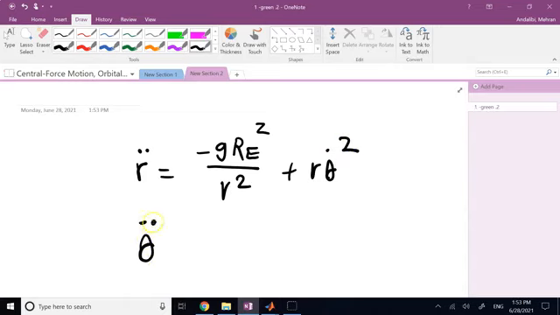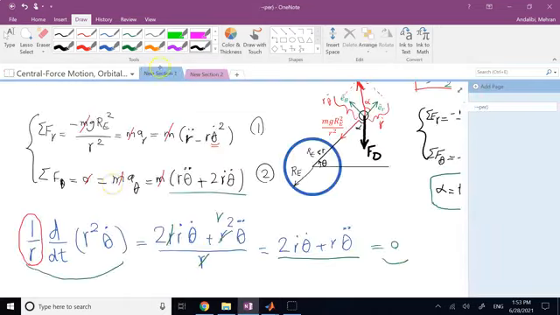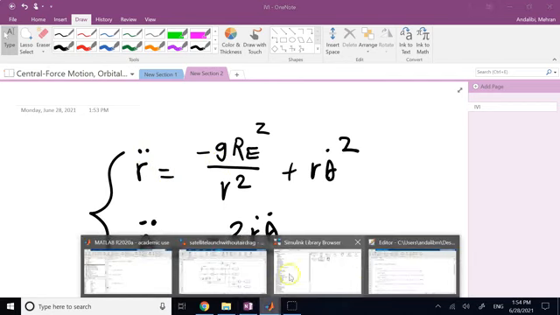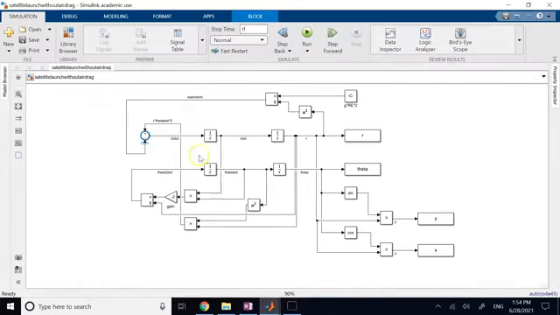And from the bottom one, I find theta double dot, which is going to be negative 2 R dot theta dot divided by R. Okay, so these are the highest order of derivatives for R and theta, and I get them from R, theta, R dot, theta dot, and the constant term. It's not really constant because it depends on R. I form these guys and then I double integrate them,